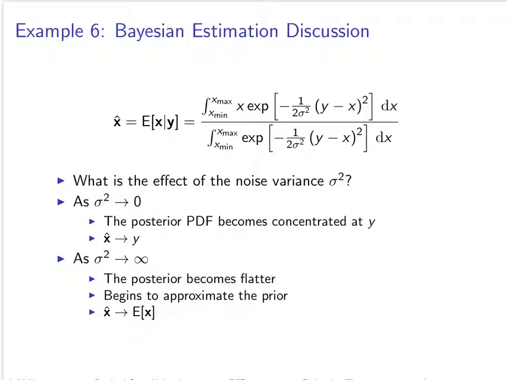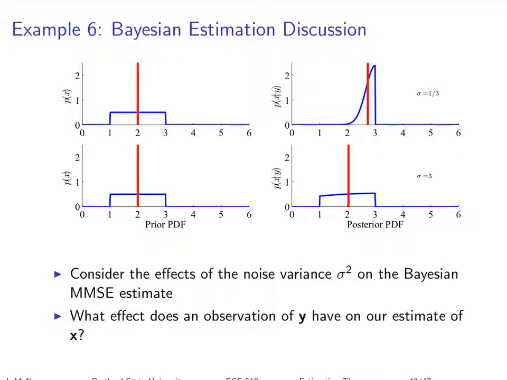The less noise you have, the more the measurements are going to be weighted in estimating your state or the thing that you're interested in. And conversely, as you get more and more noise, it starts to go to just using the prior estimate. So in this case, the Bayesian estimate would start to go towards just the expected value of x based on the prior alone, without accounting for the measurements at all. And I've got an example of that, I think, on the next slide.